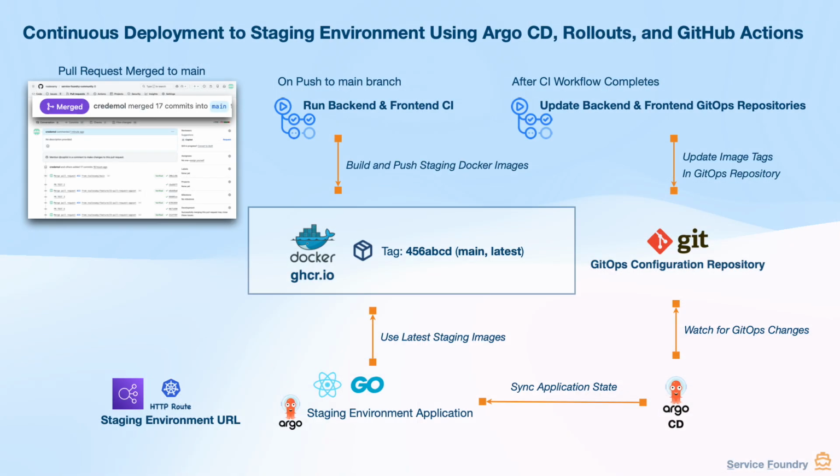The staging environment functions as a mirror of production, providing a final validation checkpoint before changes reach end users. Staging employs a canary deployment strategy with automatic promotion, reflecting higher confidence in code quality after successful validation in the development environment. The automatic promotion mechanism accelerates the delivery pipeline while maintaining safety through gradual traffic shifting and automated health